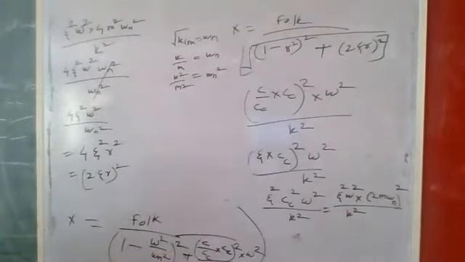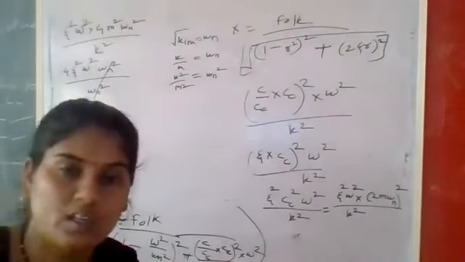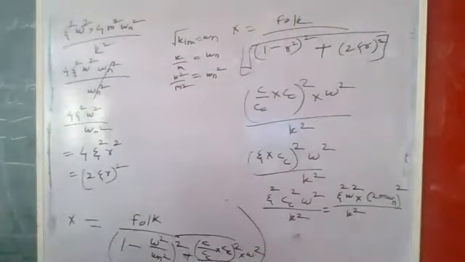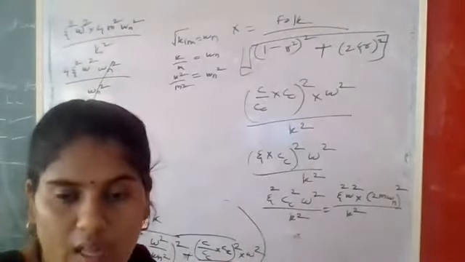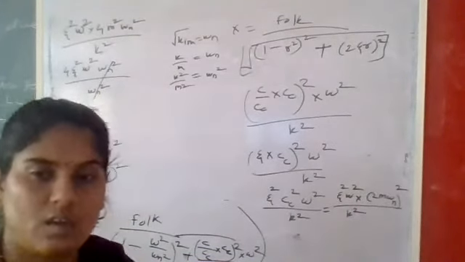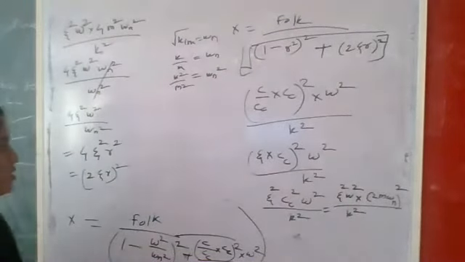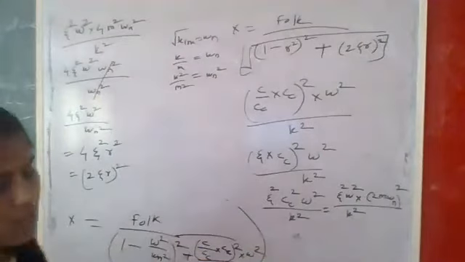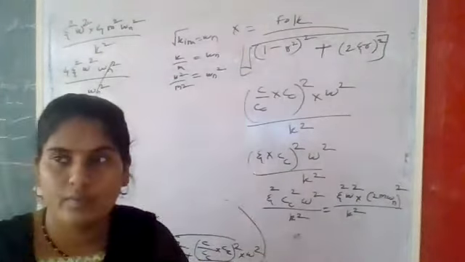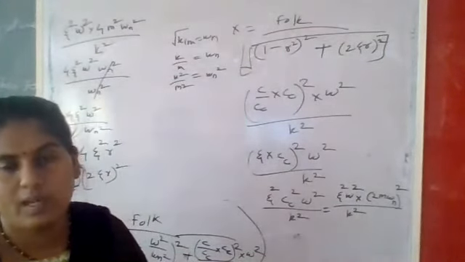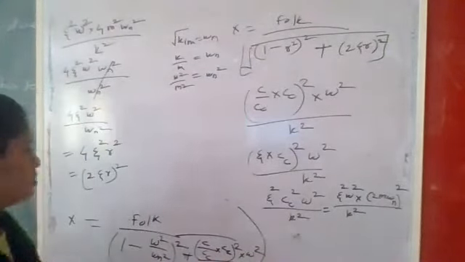Okay. In this way, the same we can do for the phi value. How to calculate the phi value? Already we have calculated phi is equal to tan inverse of c omega upon k minus m omega square. So we can split this value also in terms of zeta. Directly we will convert it in terms of zeta. How to convert? Already we have seen by multiplication of cc and dividing by cc, and dividing by k on the numerator and dividing by k on the denominator. So you can solve that.